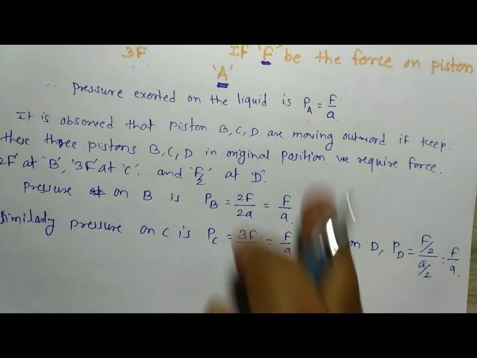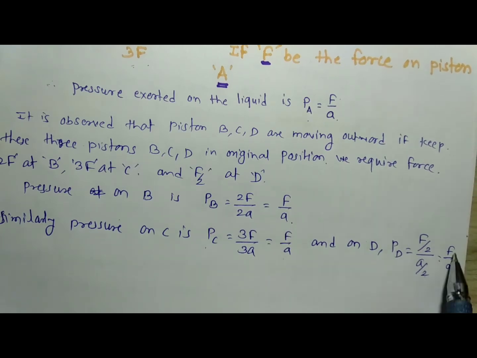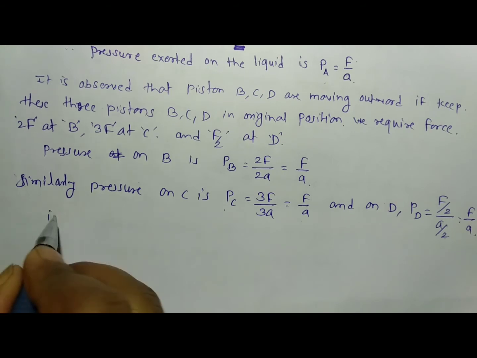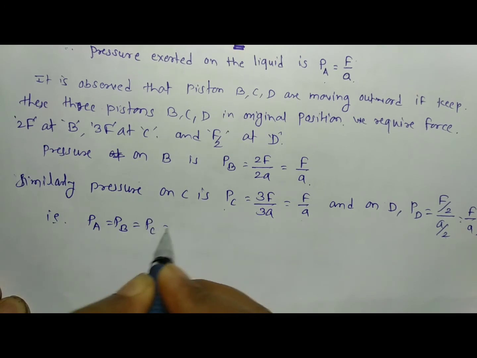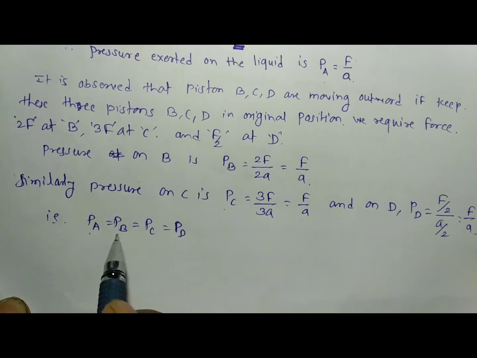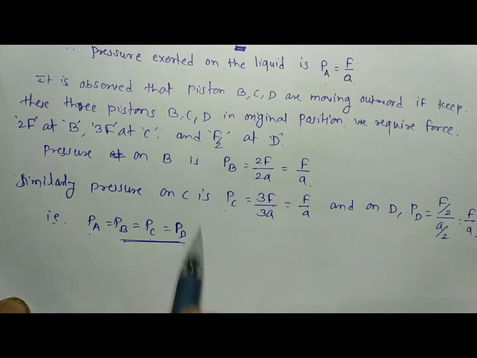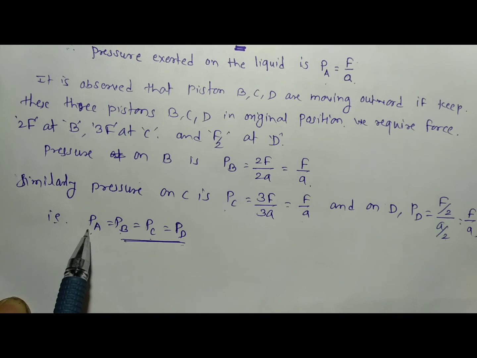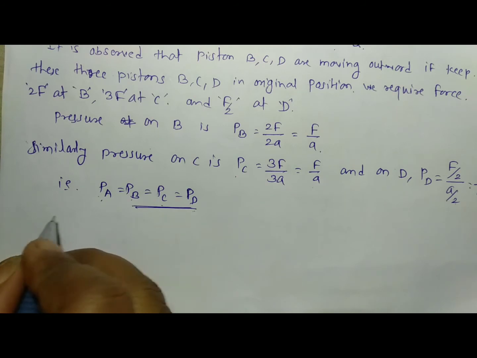What is seen from those 4 considerations? First of all, PA is equal to F divided by A, PB is equal to F divided by A, PC is equal to F divided by A, and PD is equal to F divided by A. That means PA is equal to PB is equal to PC is equal to PD. And here we apply the force at point A, and it is transmitted to points B, C and D, because these 3 forces are transmitted due to the force applied at point A, and therefore it indicates that the pressure